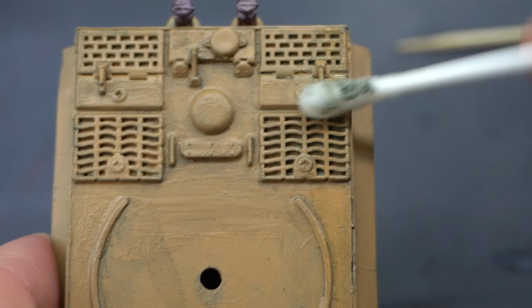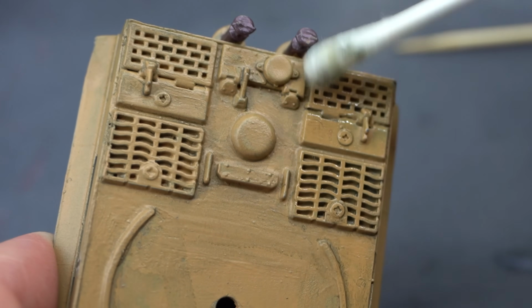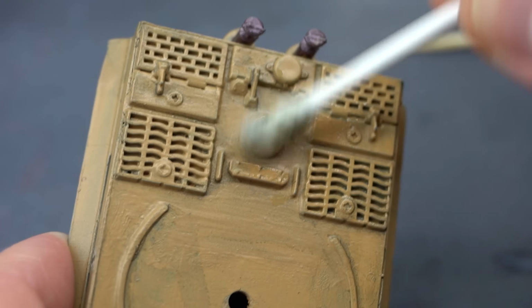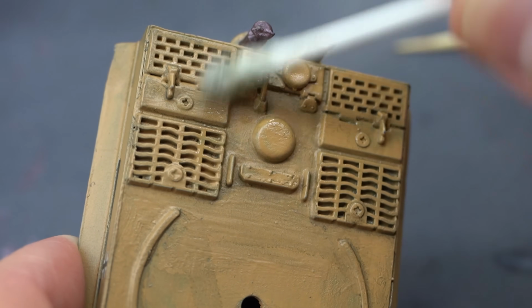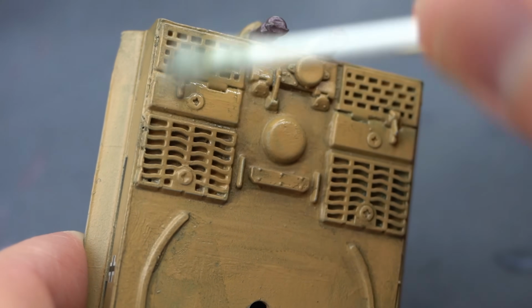Excess wash was then removed using some white spirit, which has been soaked into a cotton bud. Gently removing the excess wash from the model helps to bring back the more vibrant yellow underneath and make it appear a little cleaner. So now we're moving on to the rubber band tracks,